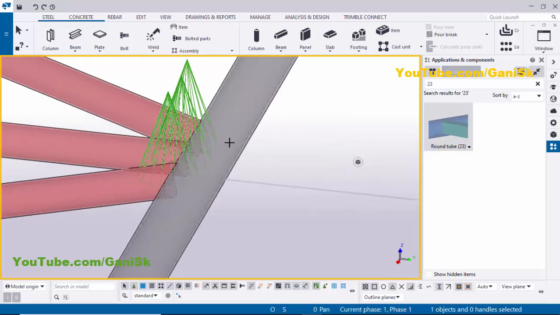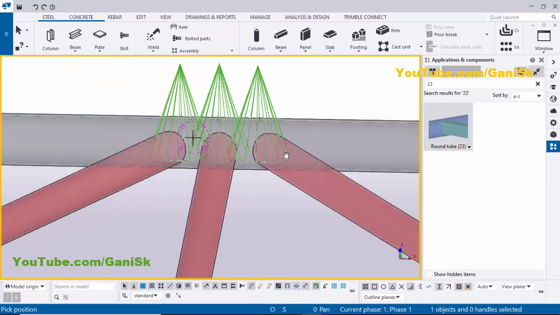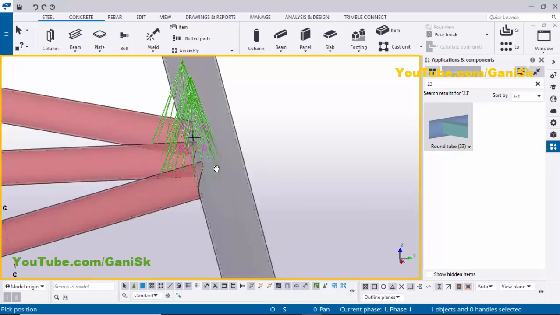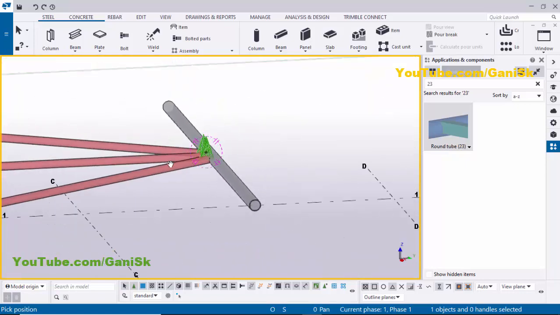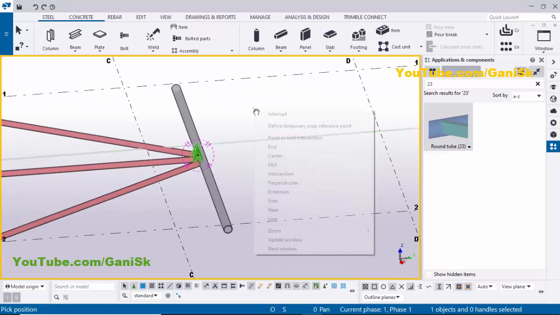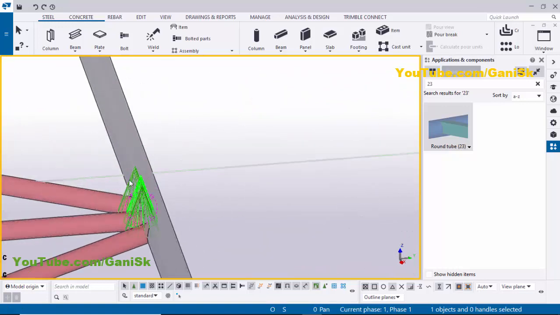Use shortcut Control R and pick the rotation point. You can rotate like this. You can see now these pipes are cut around this tube pipe like this. Right click on mouse, interrupt. Now delete this component